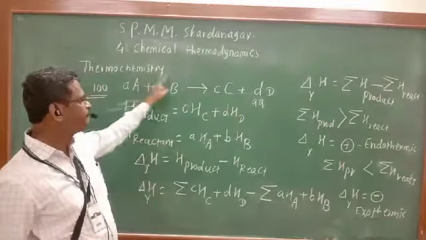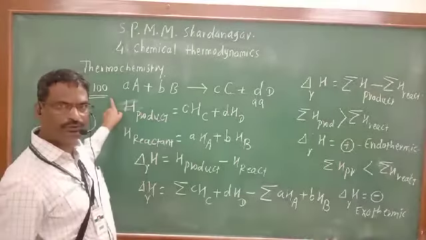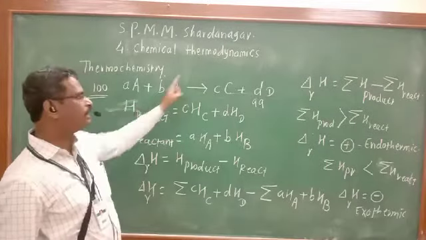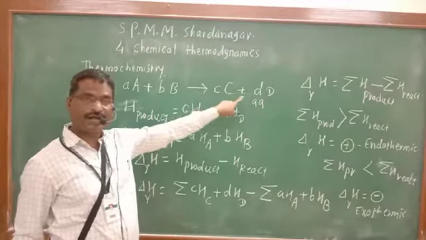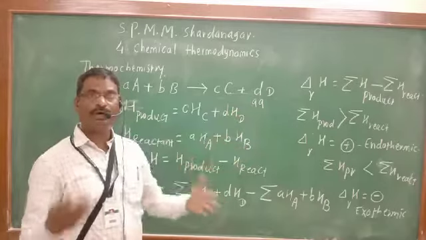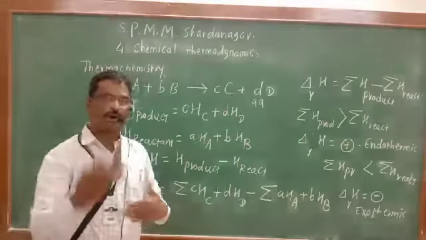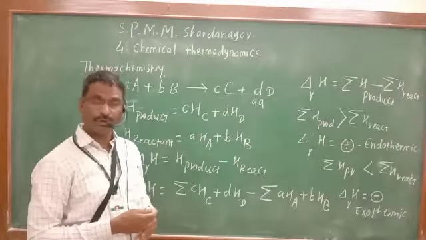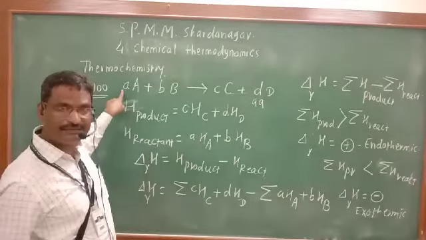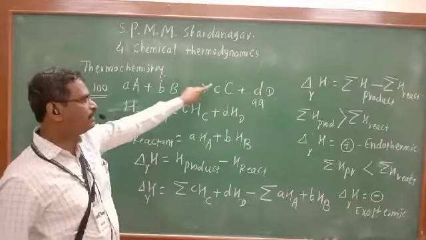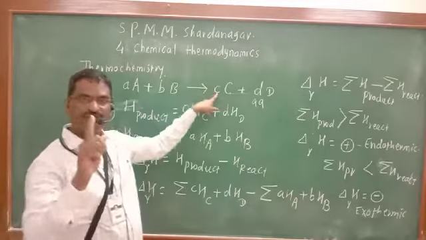Initially the energy is 100 kilojoule. Whenever they are converted to product, the energy of the product is 99 kilojoule. Where one goes, one is evolved. 1 kilojoule of heat is evolved in that reaction while reactants are converted into product,